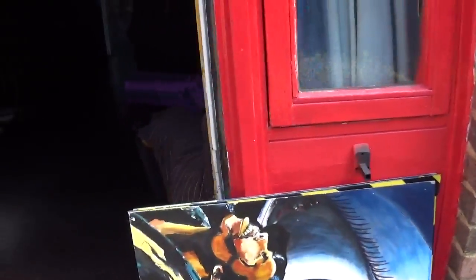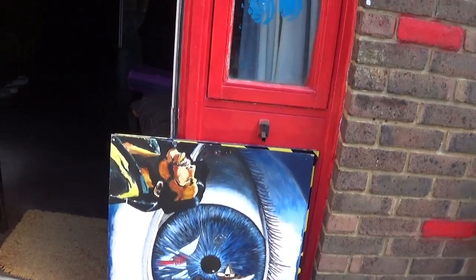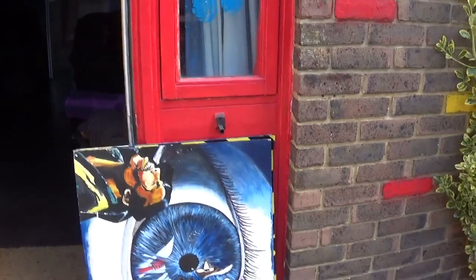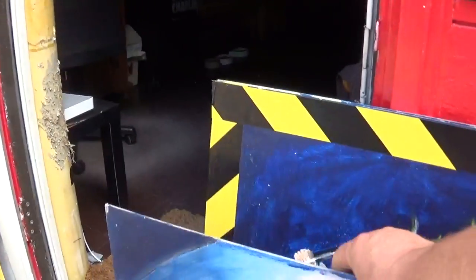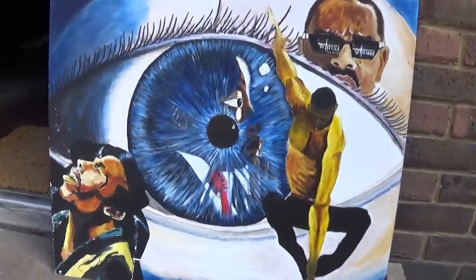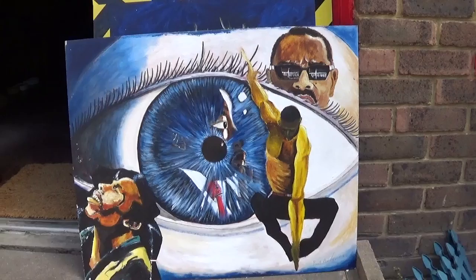But now that means I'm having to get up and down to show you these paintings. Right, hang on, sorry. Right, so, this one, again, just experimenting with different images. You've got Bob Marley in that corner there. You've got an unknown dancer who's springing in the air on that one. The top